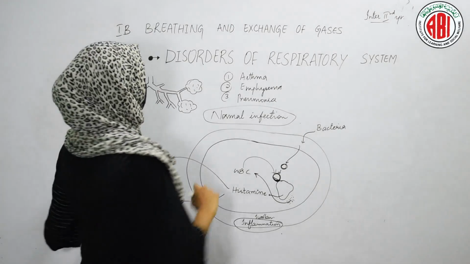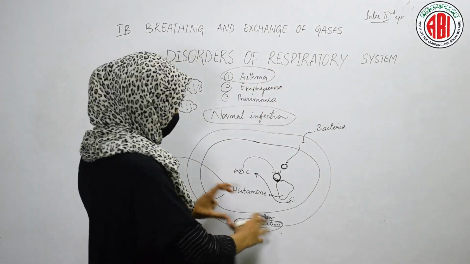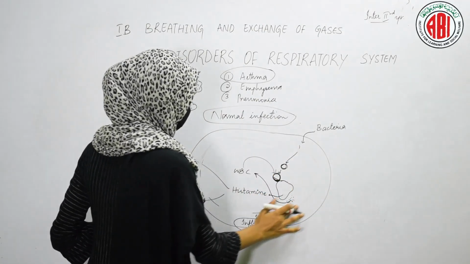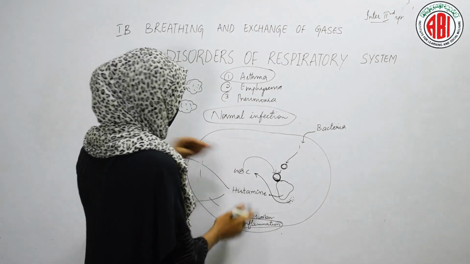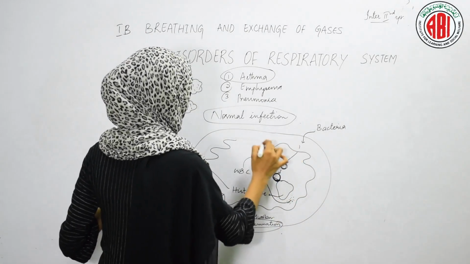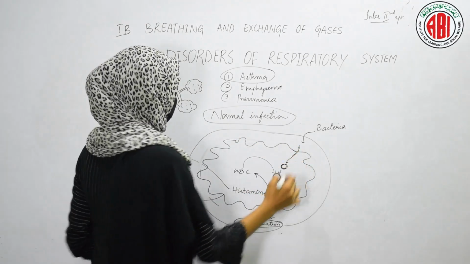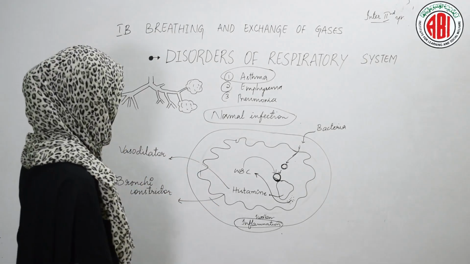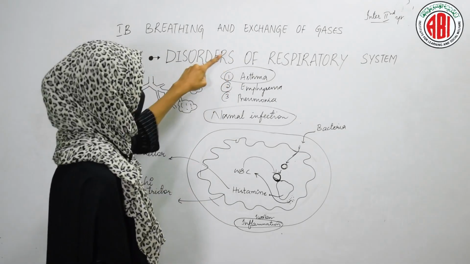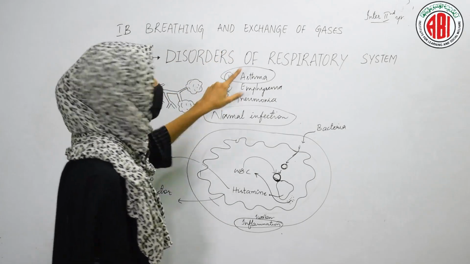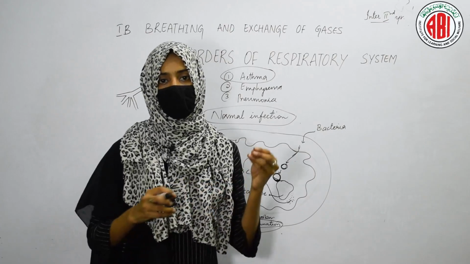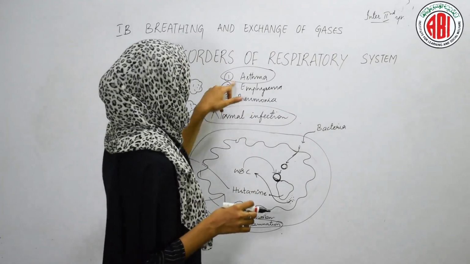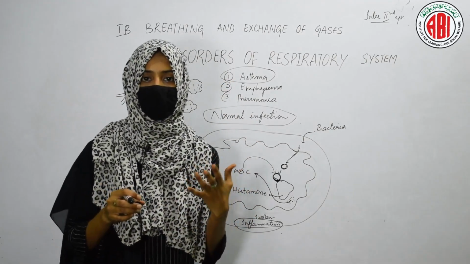Now we'll take an example of a respiratory disorder, that is asthma. As soon as the inflammation in the walls of the organ takes place, this wall swells, and this fluid which is released will be there in the organ. Vasodilation takes place and also the bronchoconstriction. It acts as both vasodilator and bronchoconstrictor. Now we'll talk about one respiratory disorder, that is asthma. In normal conditions, we can inhale and exhale properly, but if a person is suffering from asthma, then he or she cannot breathe in a proper manner.